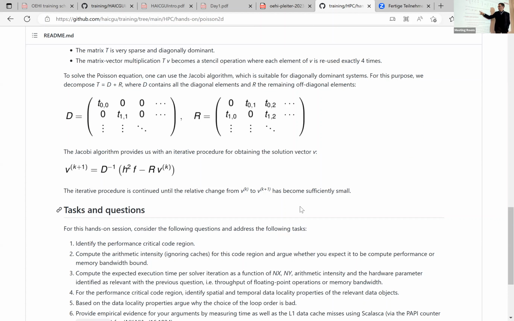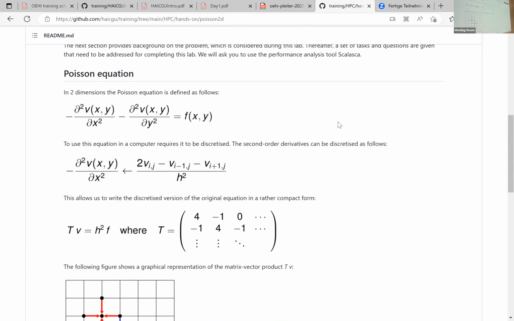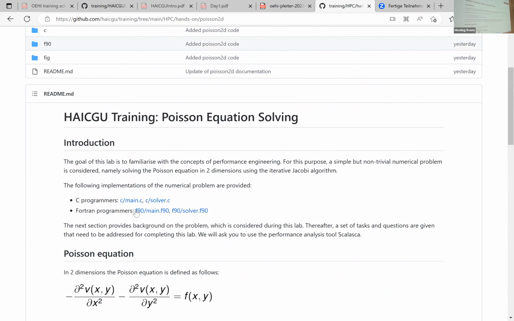Obviously, because most of the elements of R are 0, not only the diagonal elements but most of the off-diagonal elements are 0, you will never explicitly write R as a matrix, even though you could in principle do it. And that's where it becomes about the stencil computation. Now, let's briefly have a look, depending on whether you are a C programmer or a Fortran programmer,